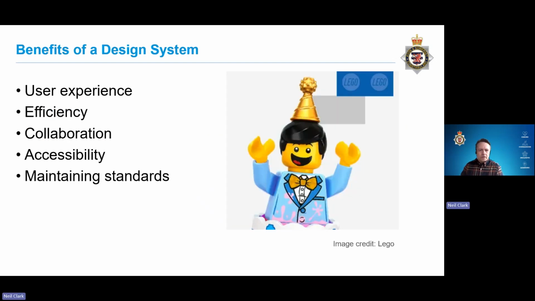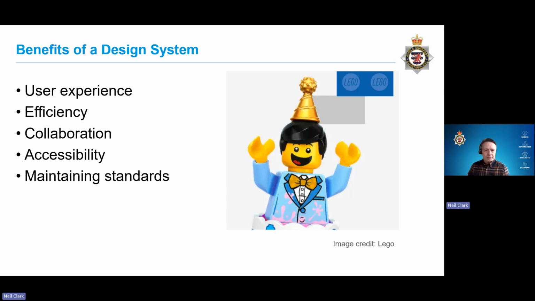So the benefits of a design system are they ensure consistency across user interfaces, providing users with familiar and predictable experiences, which enhances usability. They help teams build products faster and more consistently. They enhance collaboration between designers and developers, giving them a shared visual language when working together. They help with maintaining standards such as adhering to web content accessibility guidelines, which is a legal requirement on all of us to ensure that our websites and apps, including internal ones used by staff, can be used by everyone